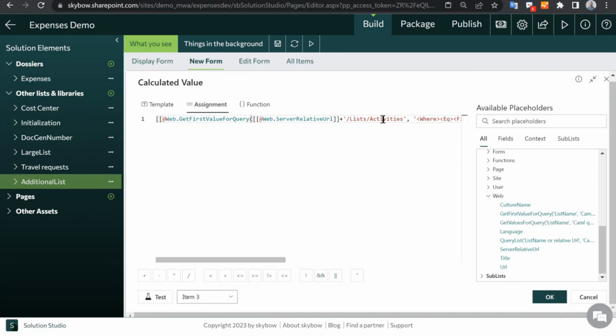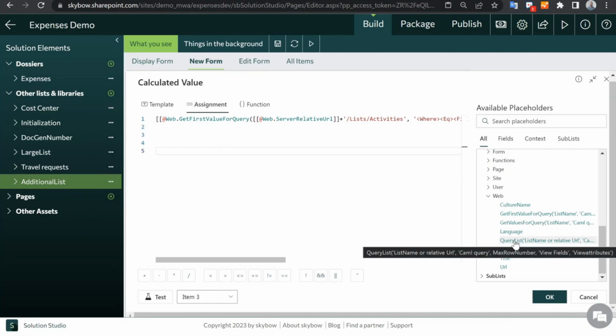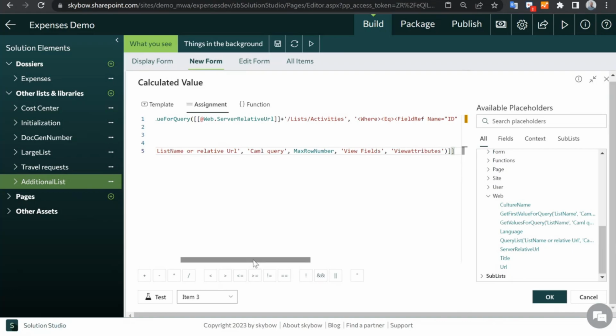for query. The thing I did here, scroll at the very end, you see the parameters once you add it to the expression builder. So if you double click, you see the query list needs to have a list name, which is the display name. That's why it's probably better to use the relative URL. I'm always taking the relative URL because that cannot be changed. Then a CAML query, max num rows, so how many items to return, view fields, which fields, and then some attributes. So that's probably the most complex one from these 3,